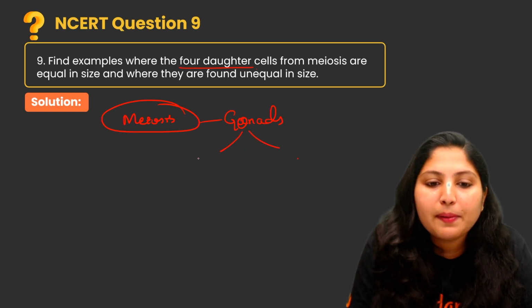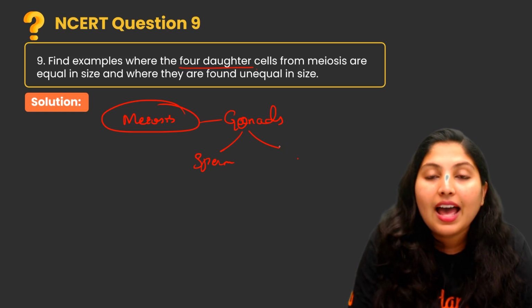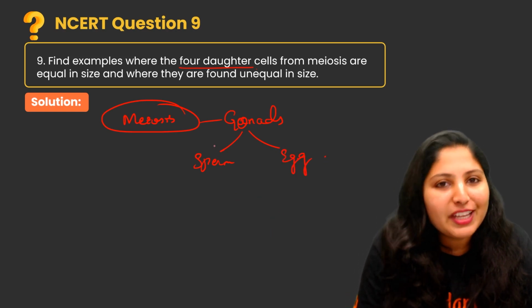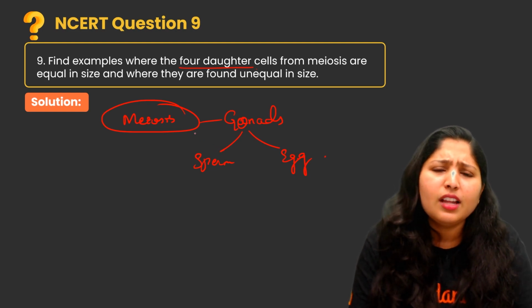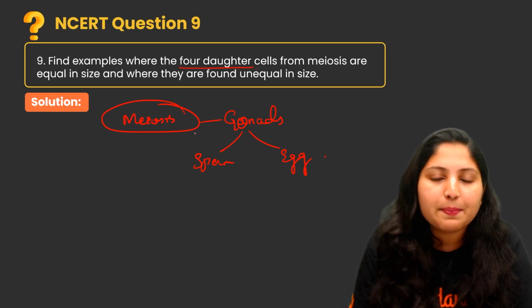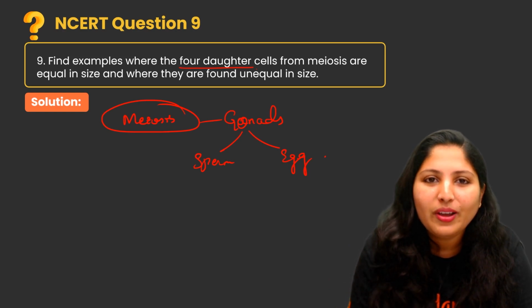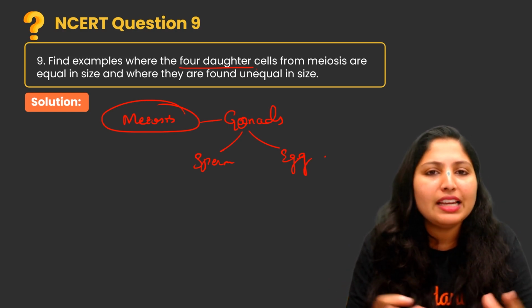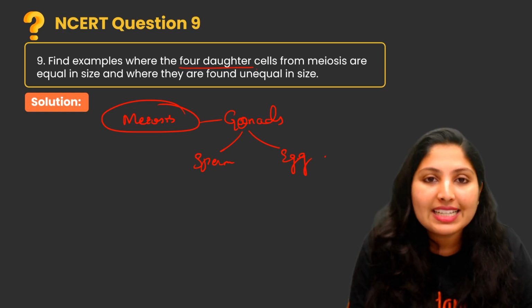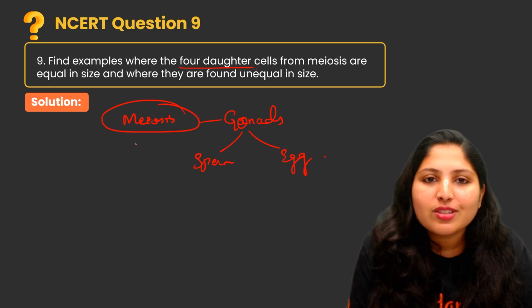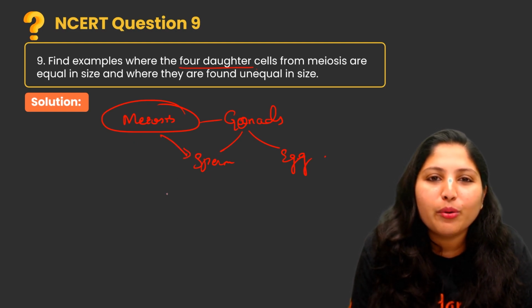In male, sperm production, and in female, egg production. We know in human, lots of sperm is ejaculated. In one ejaculation, millions of cells are discharged. So for that, each meiosis is going to produce 4